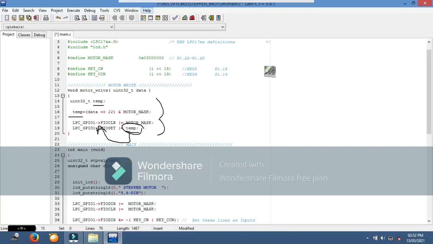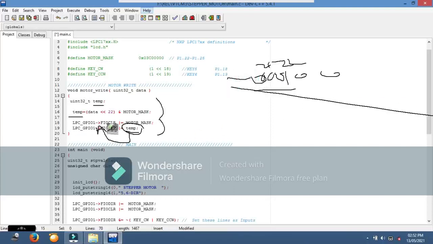Suppose when the step value is 0 0 0 1, this will be bit 22 here and bit 25 here, and all others are 0 here. These things we are writing to GPIO1, which is a register connected to the port.